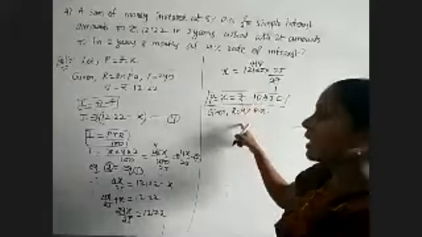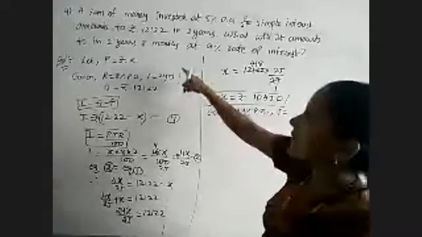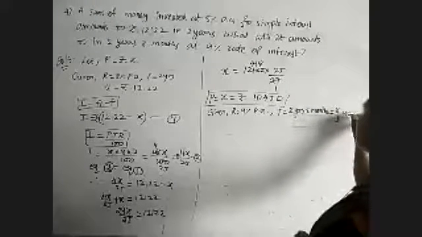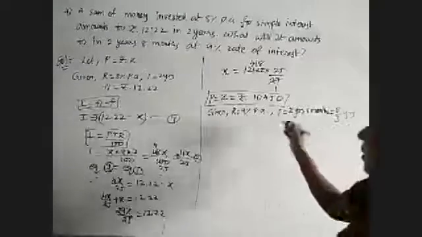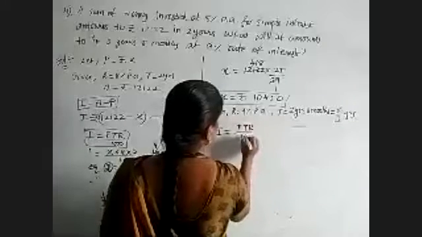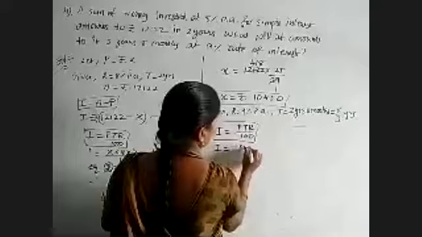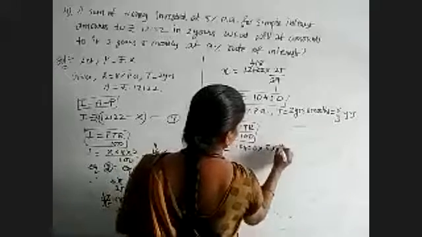So to get the amount, first interest. P value is there, R value is there, and T value also given. That is 2 years, 8 months. So just now we got 2 years, 8 months value in terms of years as 8 by 3 years. How? 2 plus 8 by 12. So we will get 8 by 3 years. Now therefore interest is equal to PTR by 100. So P value is 10,450 and T value is 8 by 3 into R value is 9.